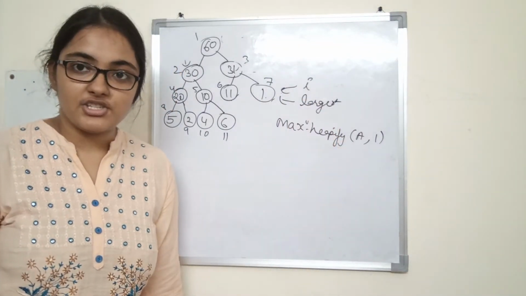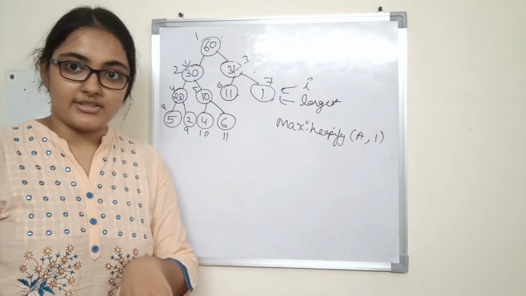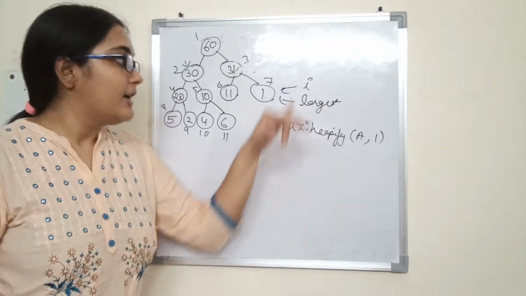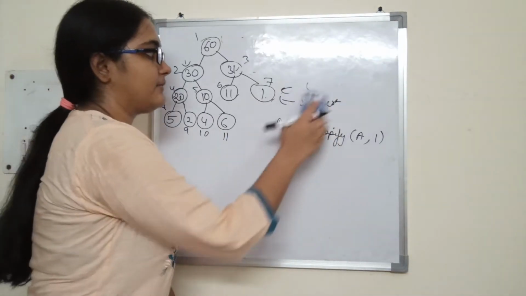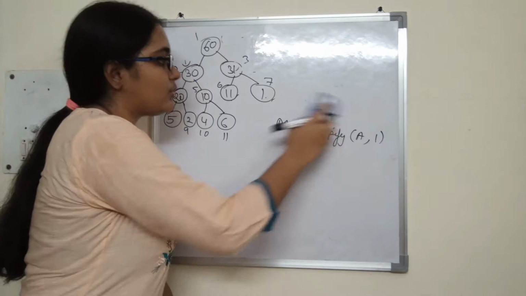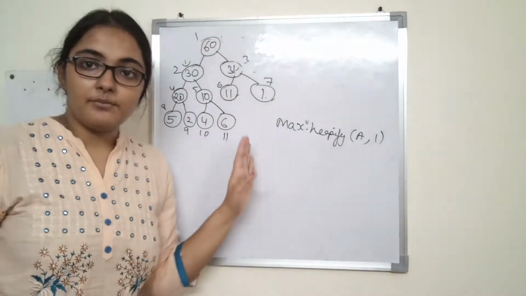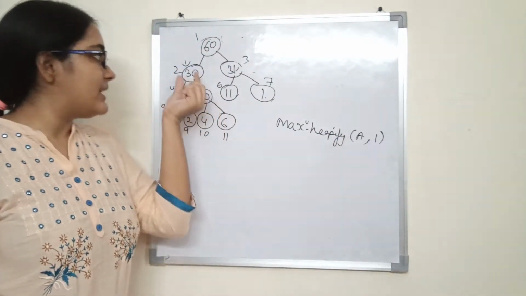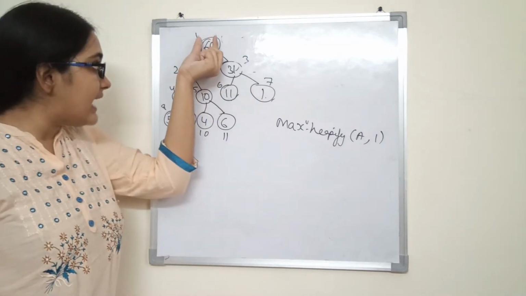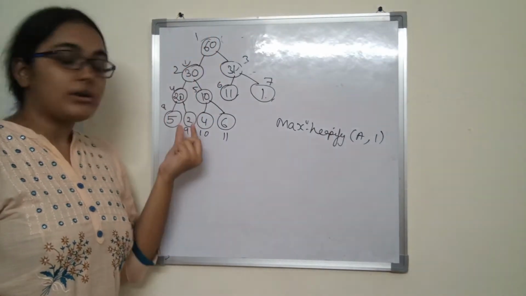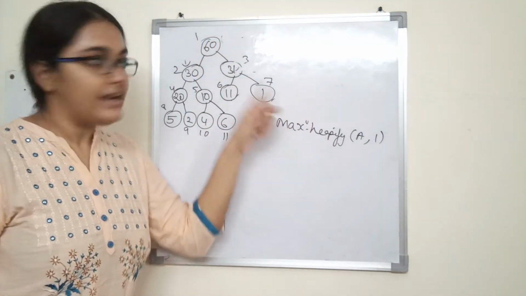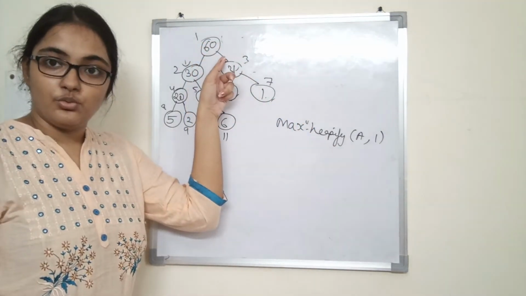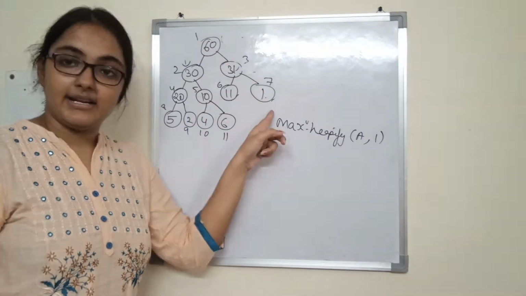What is the last if condition? If I is not equal to largest. If largest is not equal to I. But here I and largest are equal, so it will not call max heapify and it ends here. So in the worst case what would have happened? The maximum value would be present here, and then it will just float down till here. But what happened? It just floated down in the right subtree. The value 1 which was at the root just floated down in the right subtree.